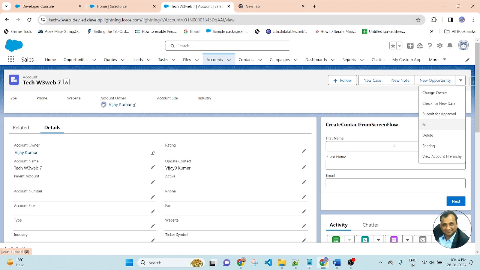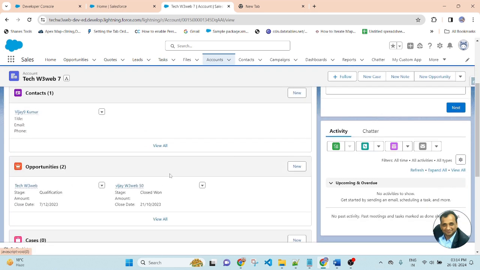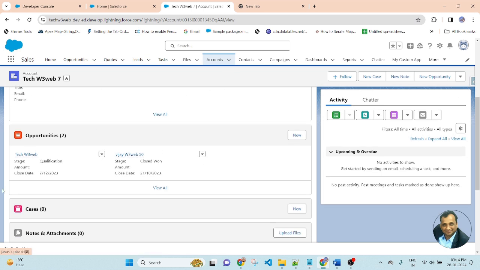So in this scenario, before deleting the account record, we will check the related list of opportunities. Here there is a related button. Click on the related button and you will get the related list of opportunities. In this account, there are two related opportunities.